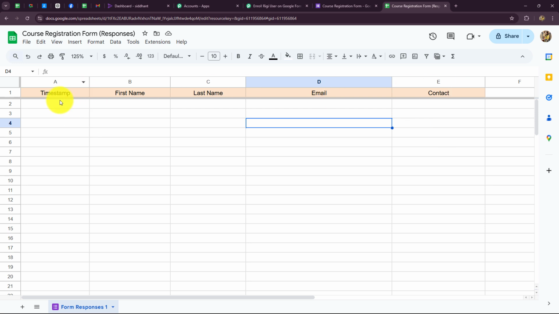Okay, so here we have the following details such as the first name, last name, email and the contact, the same columns as we have fields in the form. Along with it, we also have the timestamp column, that is the date and time at which the form is submitted. Okay, so whenever the course registration form which I have created is going to be submitted, the response of